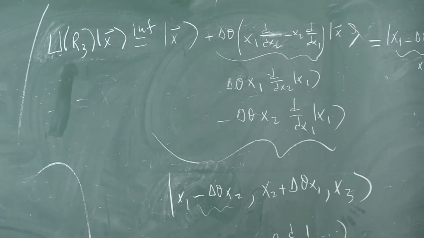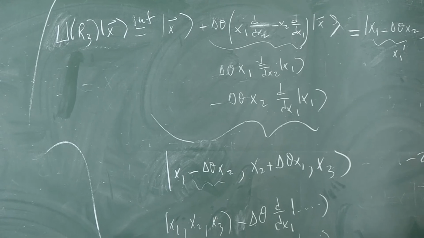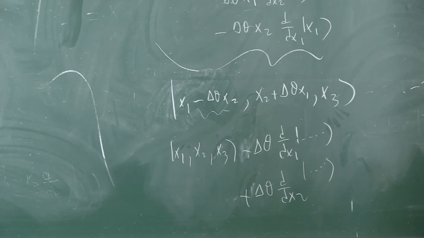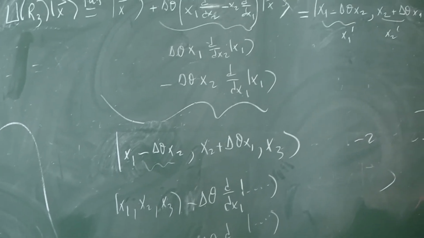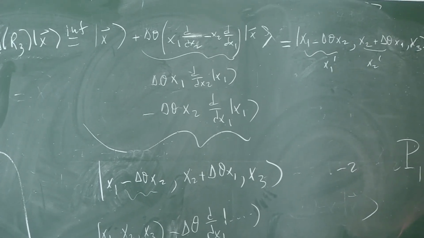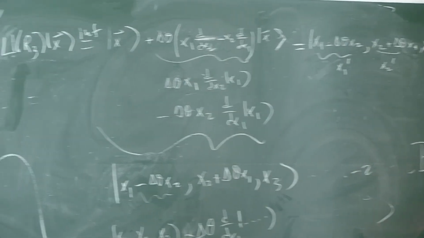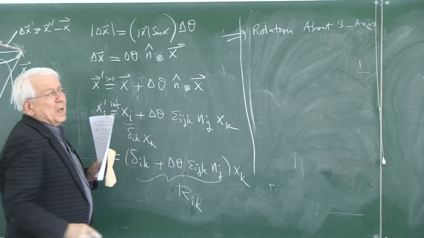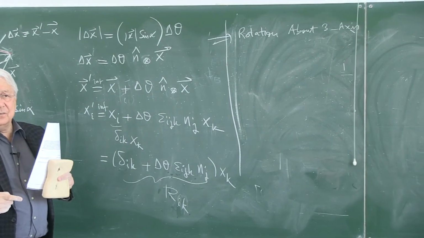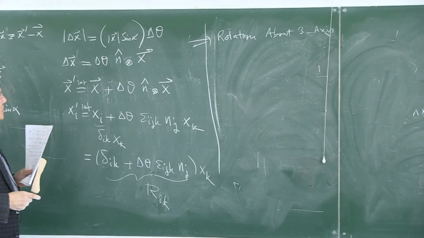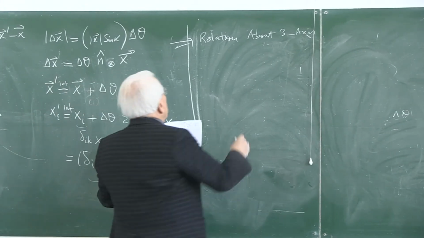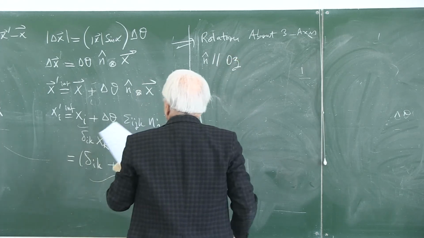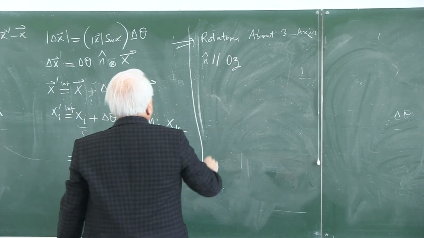So what is the third rotation from here? Rotation about the third axis. That is, n is in the z direction, right? n defines the rotation axis. n is parallel to OZ, and then n cross